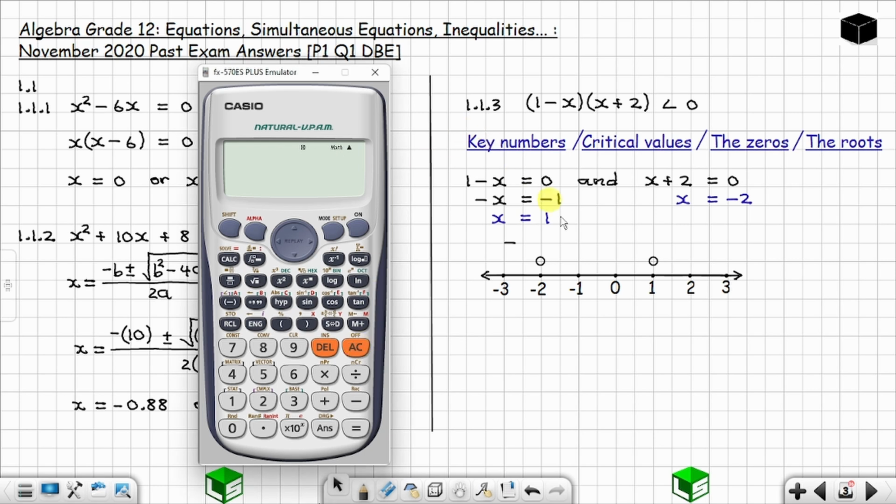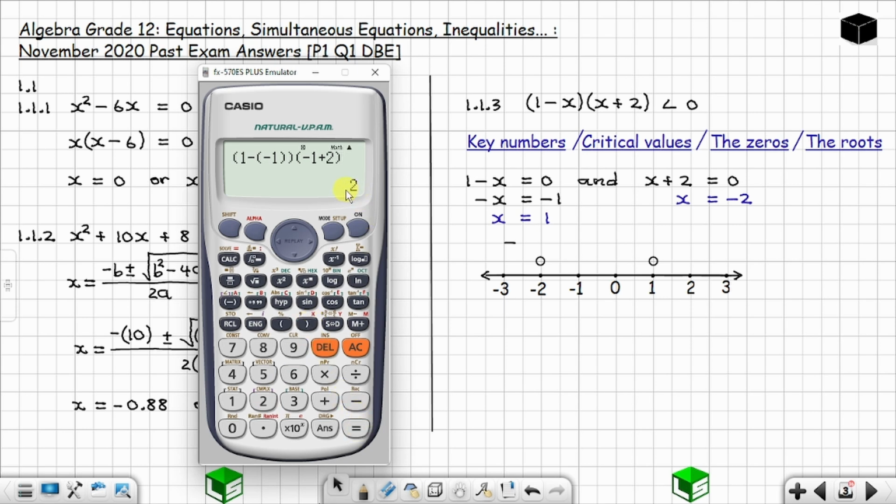Okay, let me start from the beginning. So I'm using negative 1. I'm going to take negative 1 and plug it wherever there is x. So I have the bracket there, 1 minus x, right? What is x? Negative 1. Remember there is a negative there, and then you have negative 1. And then you open another bracket, you have x, x is negative 1. So you have negative 1 plus 2, and you close your bracket. And the answer is 2.